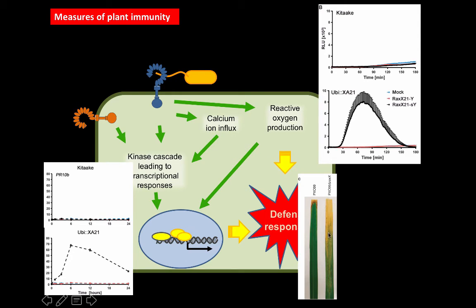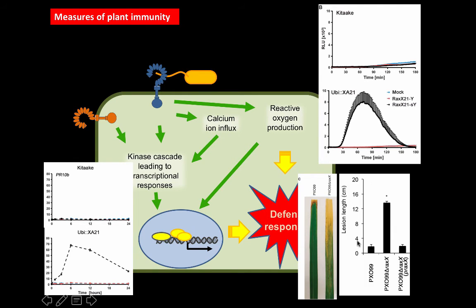You see these long lesions and this yellowing, so the plant clearly suffers. And instead of just taking a picture, you can also quantify it, by taking a ruler and measuring this. So if a plant is resistant, the disease progression is very minor, only a couple of centimeters. But if you're infected with a bacteria where RaxX is mutated, then you get these really long lesions,